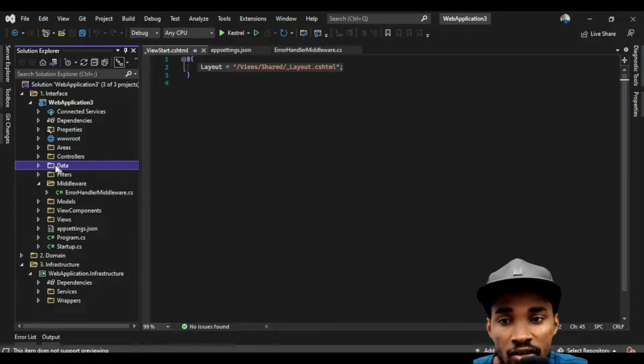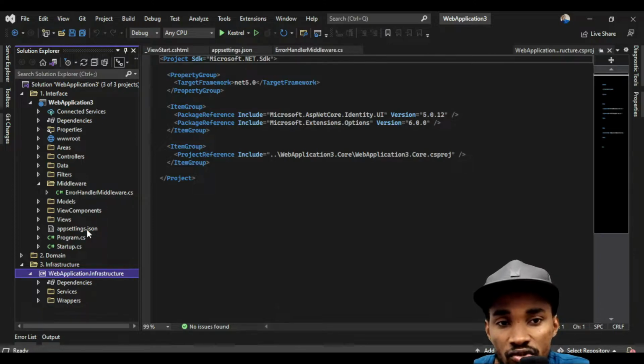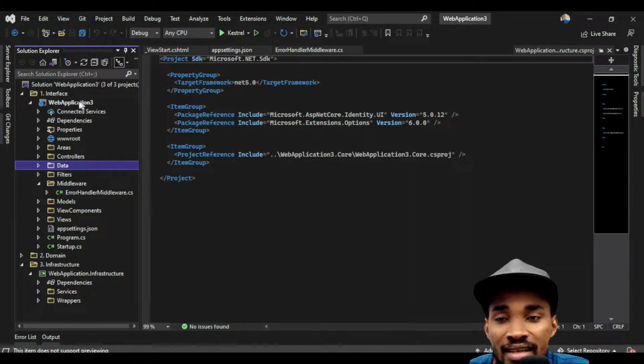show you guys. So here you can see that there's a data folder and I want to move it into the space which is your infrastructure. And you might be asking me, why do you want to do that? The reason why we need to do that is because currently your data is tightly coupled to your web, and this is actually not